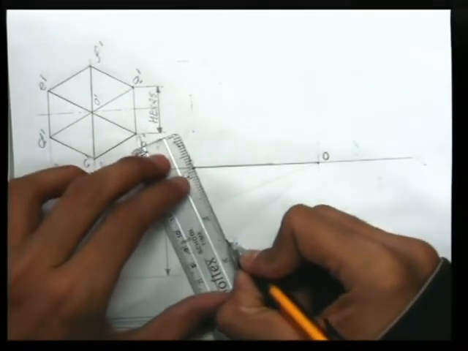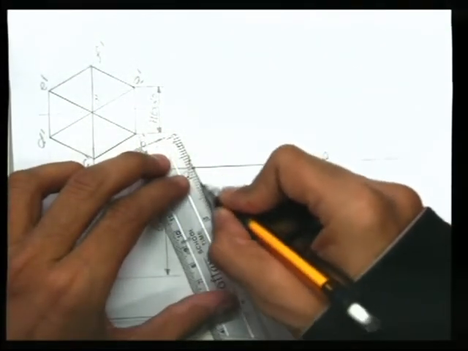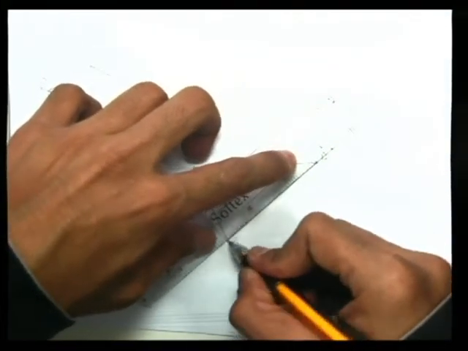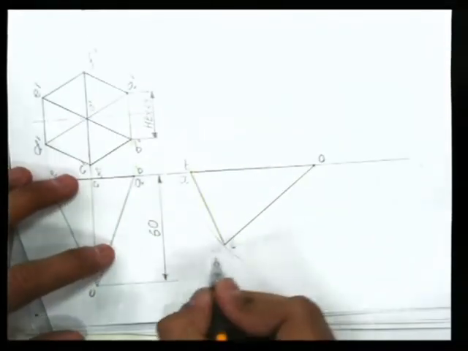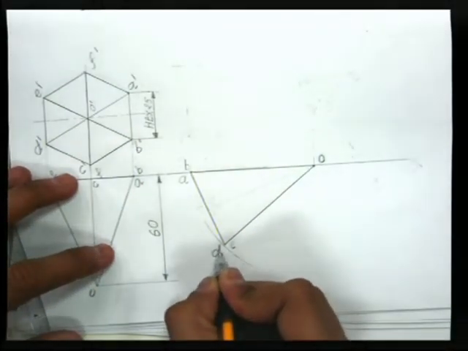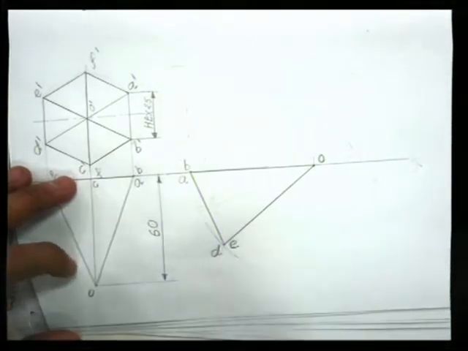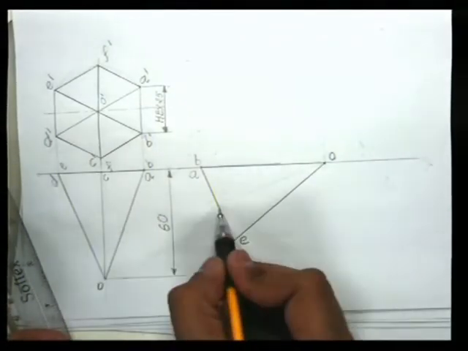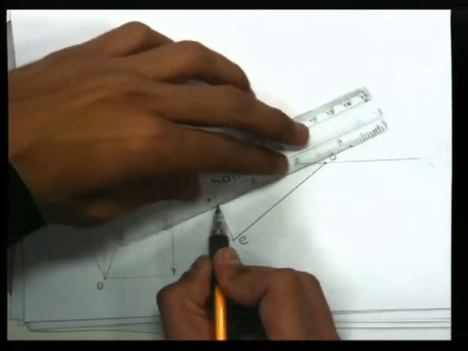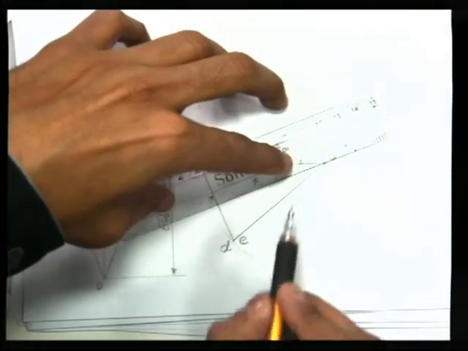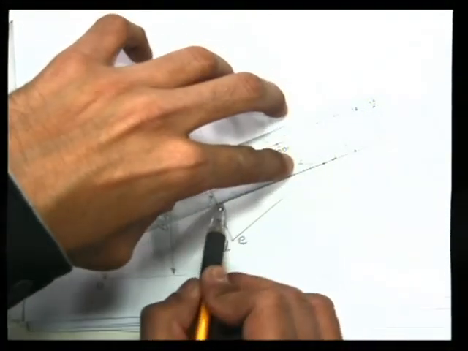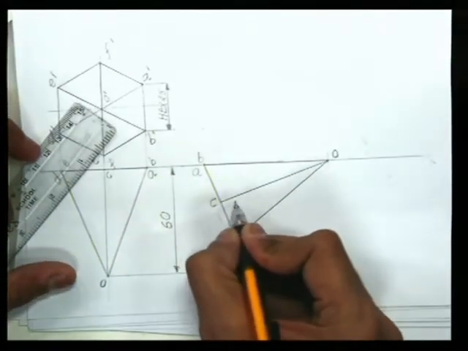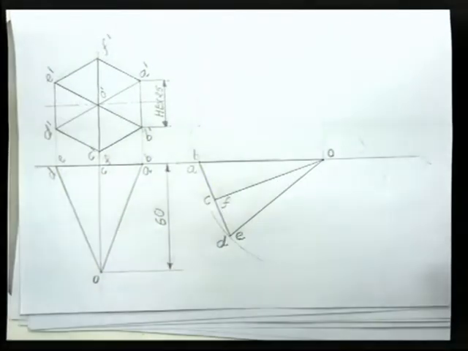Name that point as point D and join that point D with apex point O, and the edge points are points A and B like this. So this is point D and this is point E. Two points are here. In short, we have redrawn this one. Similarly, midpoints C and F could be found here: the midpoint of AD and BE, and join that point with O. Here are points C and F. Two points are here. So that is drawn.